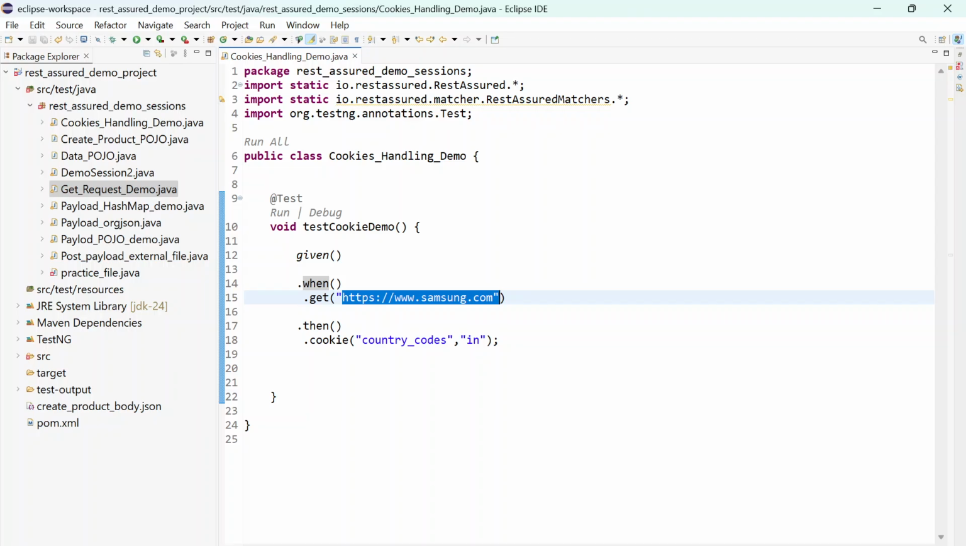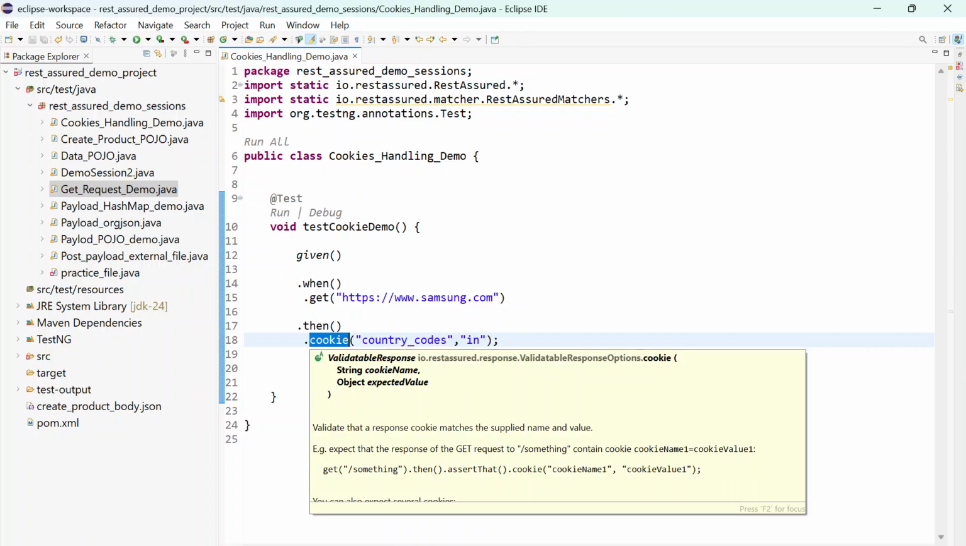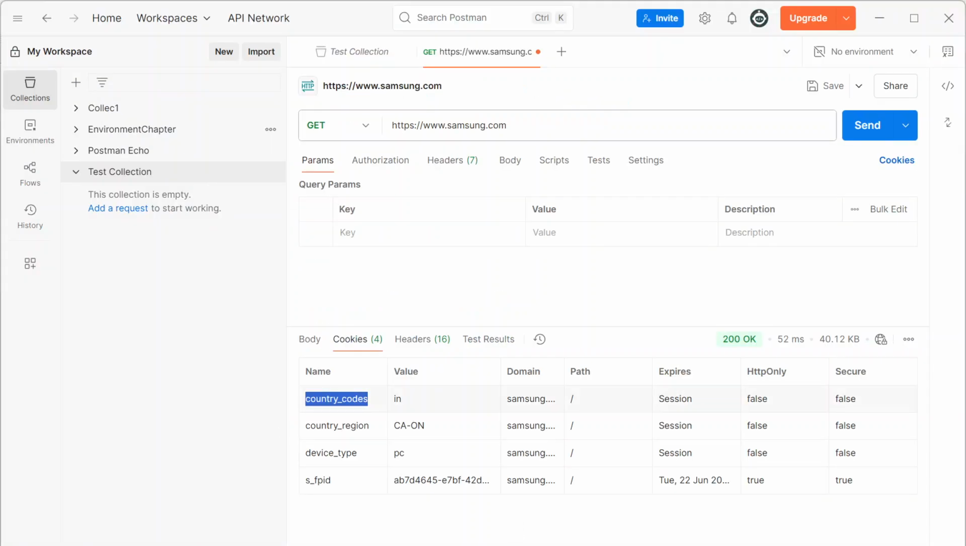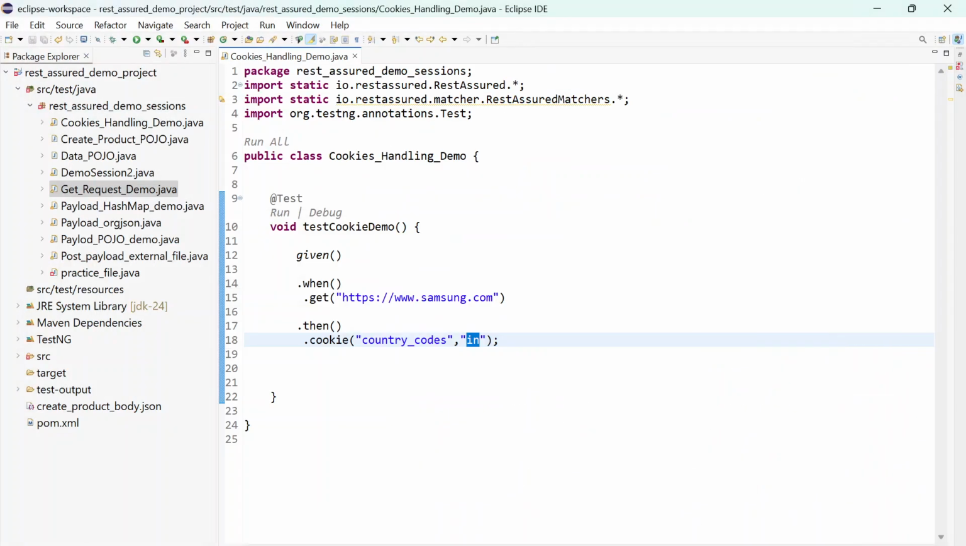In response, we are checking in the cookie what is the name of the cookie, country codes. The cookie which is having name as country codes should have this IN value. So we are verifying this country codes is having this value IN. So now let's save this file,